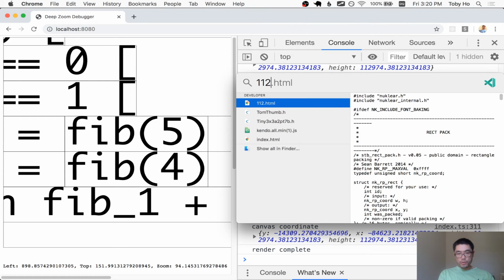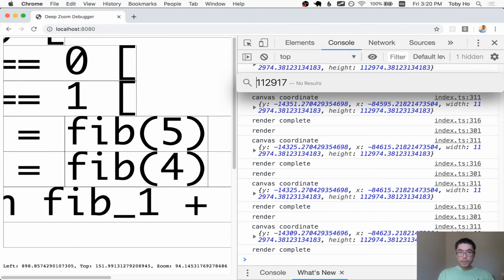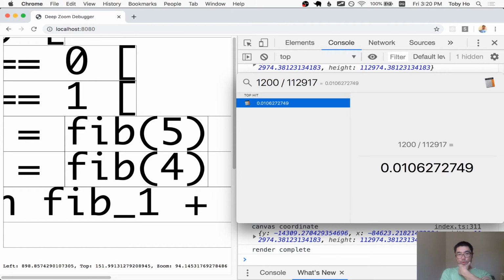112974, and then it's actually 1% of the canvas is 1% of that size at this point already. So the actual